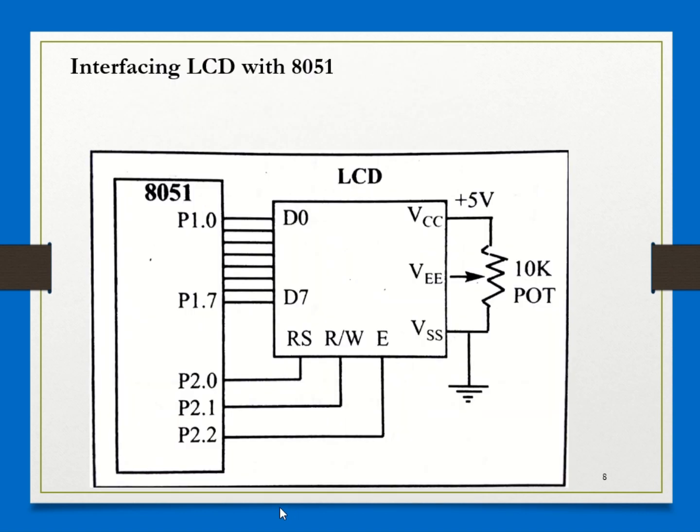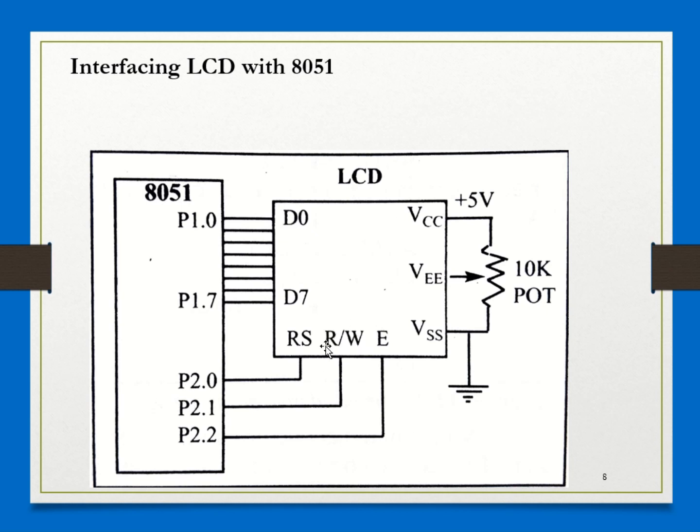Well, this is the interfacing block diagram of LCD to 8051, the simplest block diagram, as you can see. You are using one of the ports to connect to the data lines or data pins of the LCD, D0 to D7, where you are sending or reading information, and you are using port 1 of the microcontroller. Then you need the RS pin to select either the data register or the command register, using port 2, bit 0.